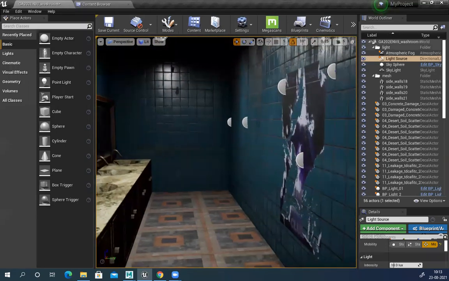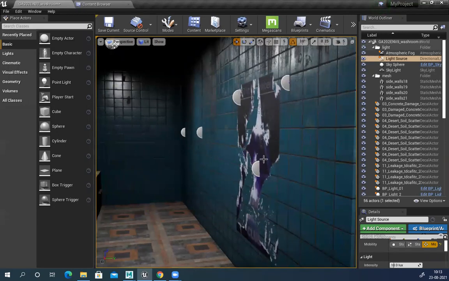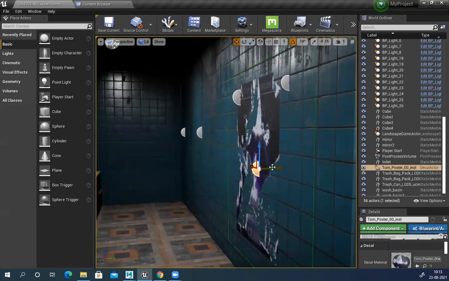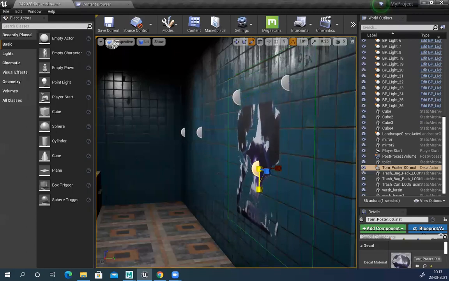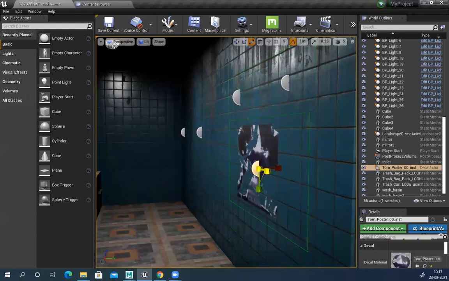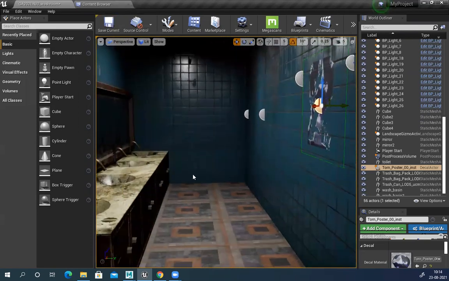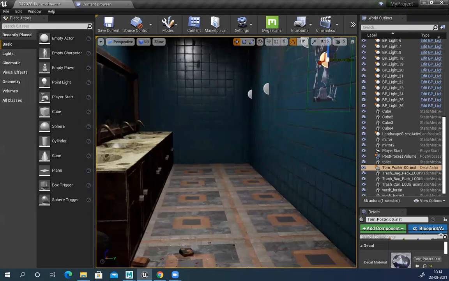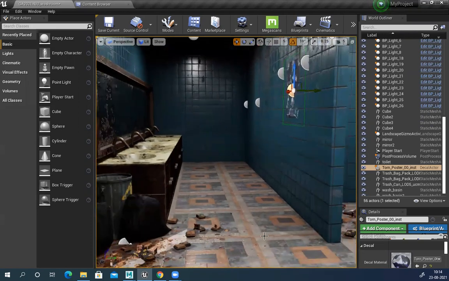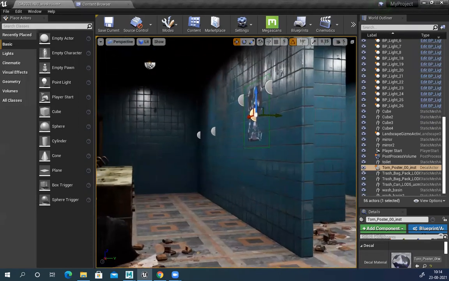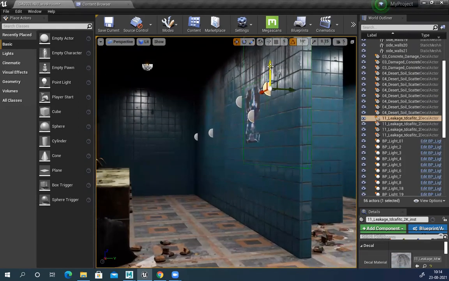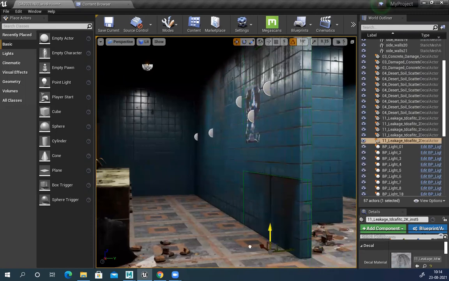Now let's add some graffiti posters and all those things. And this one looks pretty big. If I want, I can reduce it. So we haven't textured all these floors and everything. So I need to add nice dirt here. If I want, I can do the same thing, Alt and drag.